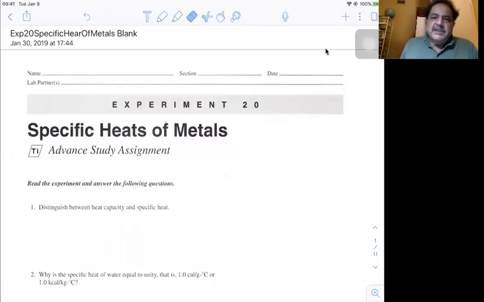All right, we're going to discuss experiment 20. That's the next experiment, actually the first experiment that we're going to perform. And this is the specific heat of metals. We discussed specific heat in